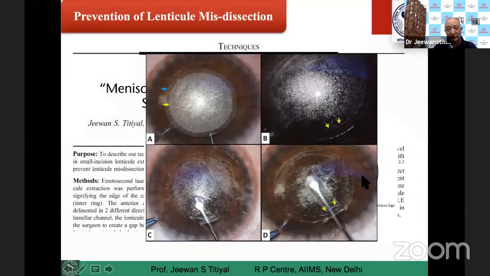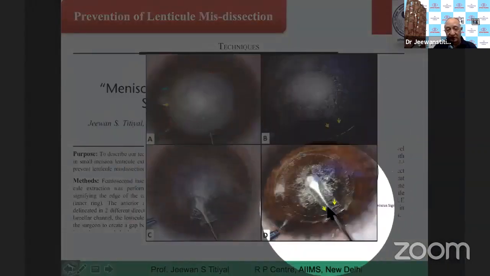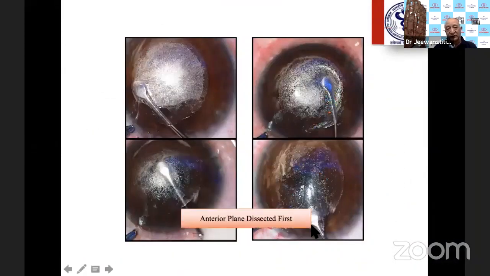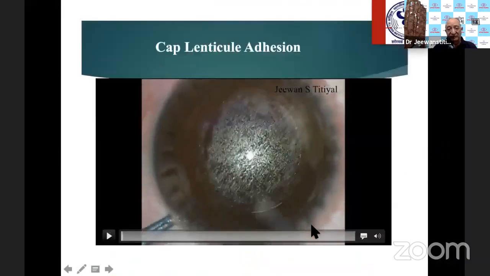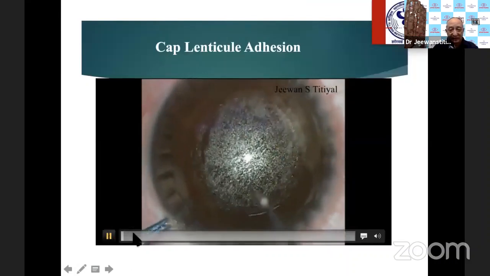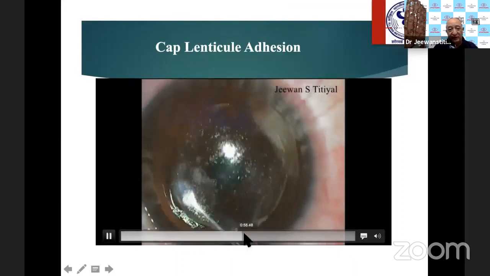You can see here very clearly, this is the anterior dissection. Then this is the posterior pocket formation. My dissector is underneath the lenticule. You can see the dissector here and the line above it, so that tells you I'm in the correct posterior orientation in these cases. Once you have these understandings, surgery becomes very, very simple. Like in this particular case, I had dissected the posterior first. I'll go a little faster here. So I'm trying to dissect.